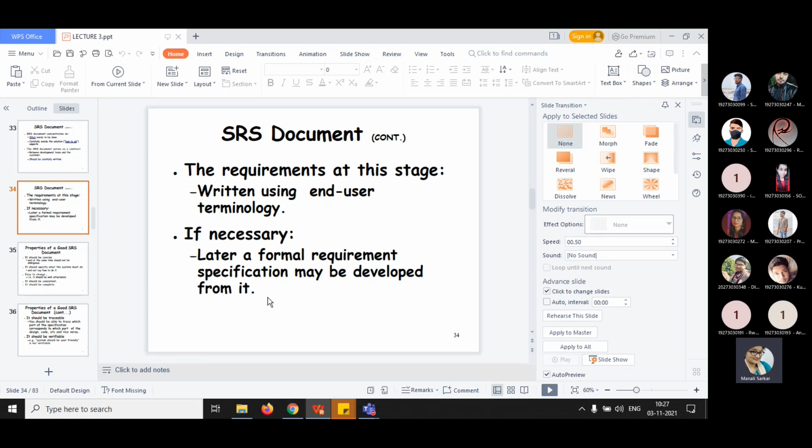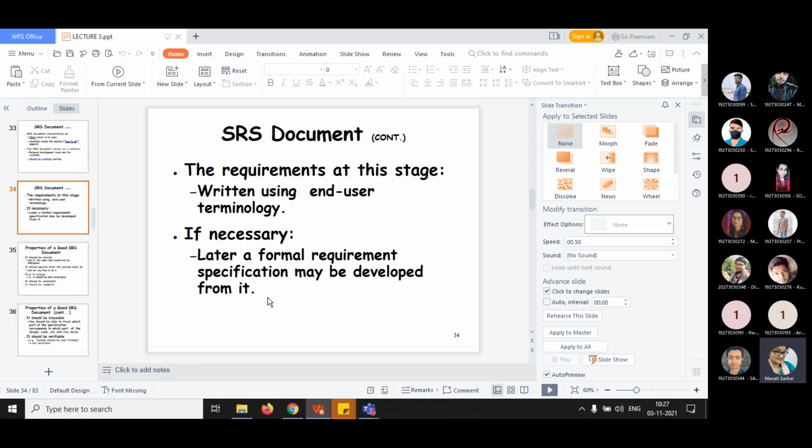It may happen that the customer is, maybe, the CEO of the company and he is not using that software. Like in the case of TCS, we are the users. We are using TCS, but the one who is the CEO of this company is not using it. So it may happen that the customer is not the user of the software, but someone employed or designated by the user. For generic products, the marketing personnel need to understand the requirements so that they can explain them to the customers.